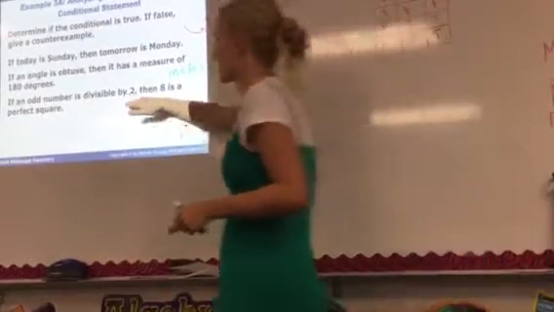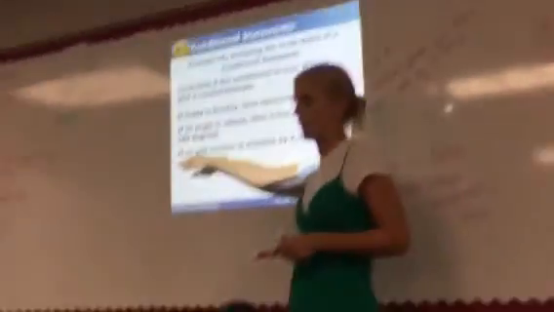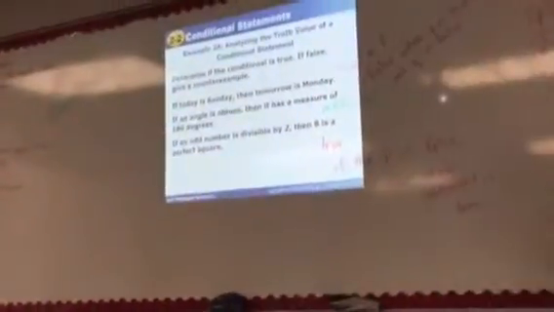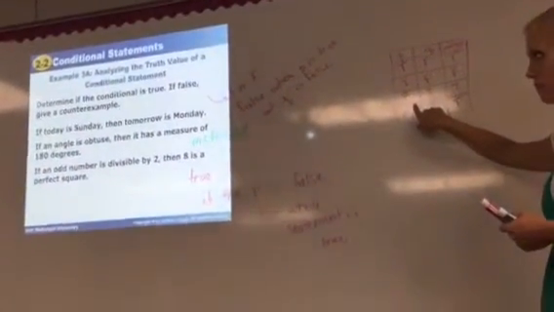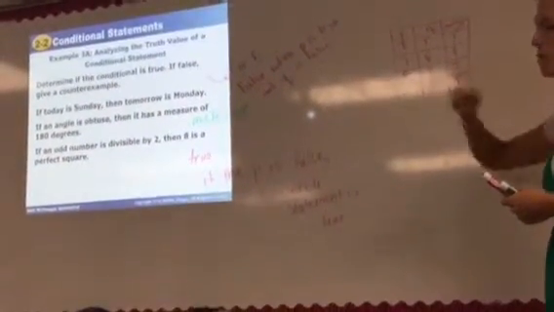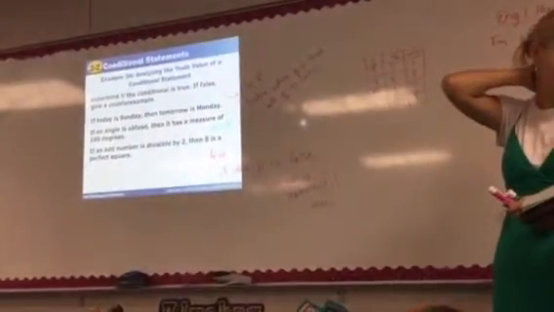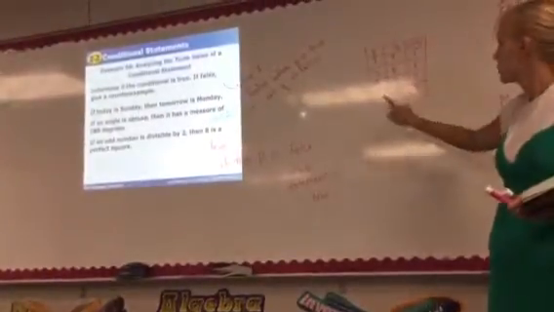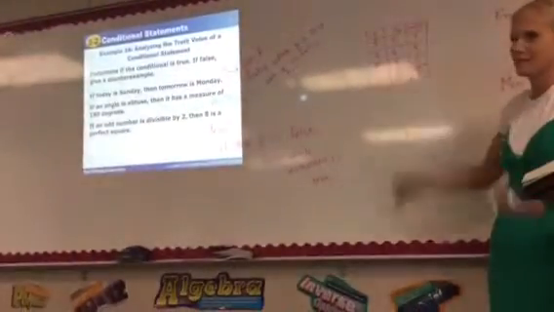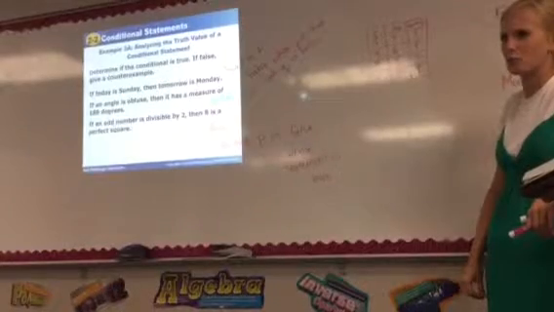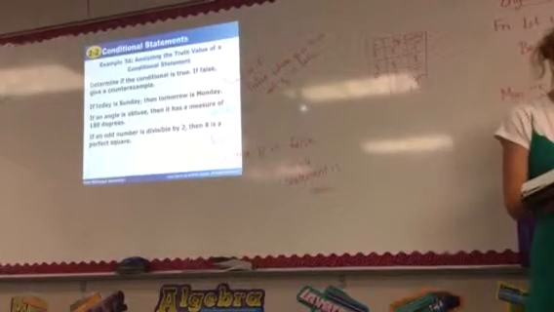This hypothesis is never true, right? Can you ever divide an odd number by 2? No, never going to happen. Which means you can look at our truth table and go, okay, it's either going to be this one or this one. But look at that. Is 8 a perfect square? No. So it's also false, which means it's a true conditional. Which is super weird, but that's just how it works.